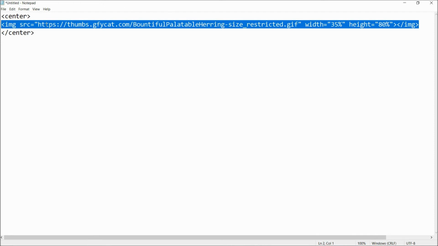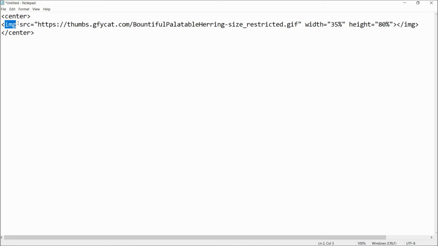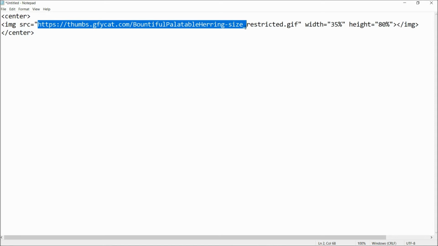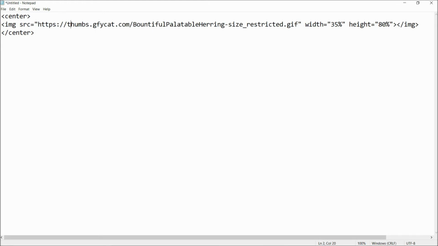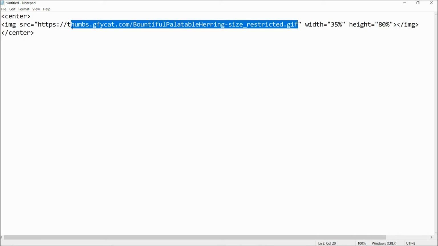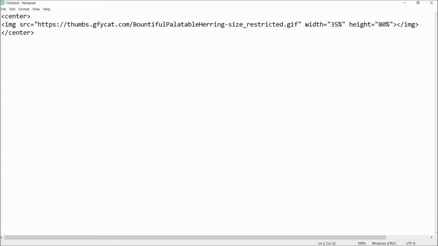It's a small HTML code, and I'll explain what it is. IMG means image and SRC means source, the image source. It should be a URL, starting with HTTP. I got this URL from a website, thumbs.gfycat.com. I got this GIF image URL there, and this is the width and this is the height.